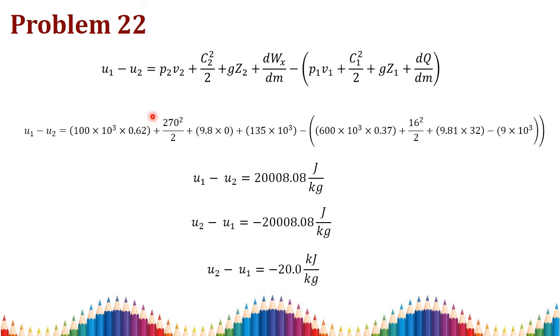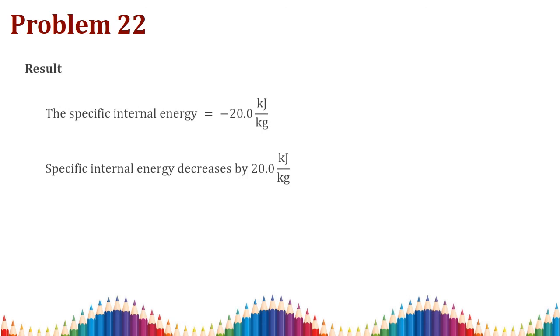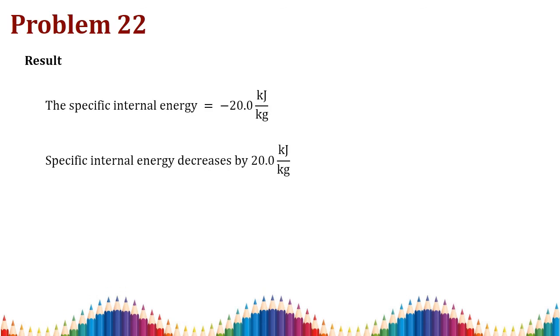Then you substitute all the values. We know P2, V2. Substitute all the values in SI units, only in terms of joule. If it is a pressure, you have to substitute in terms of Newton per meter square. G is the acceleration due to gravity, that is 9.81. Substitute all the values, and you will get your specific internal energy change as minus 20 kilojoule per kilogram. So the minus sign indicates that the internal energy will decrease as the specific internal